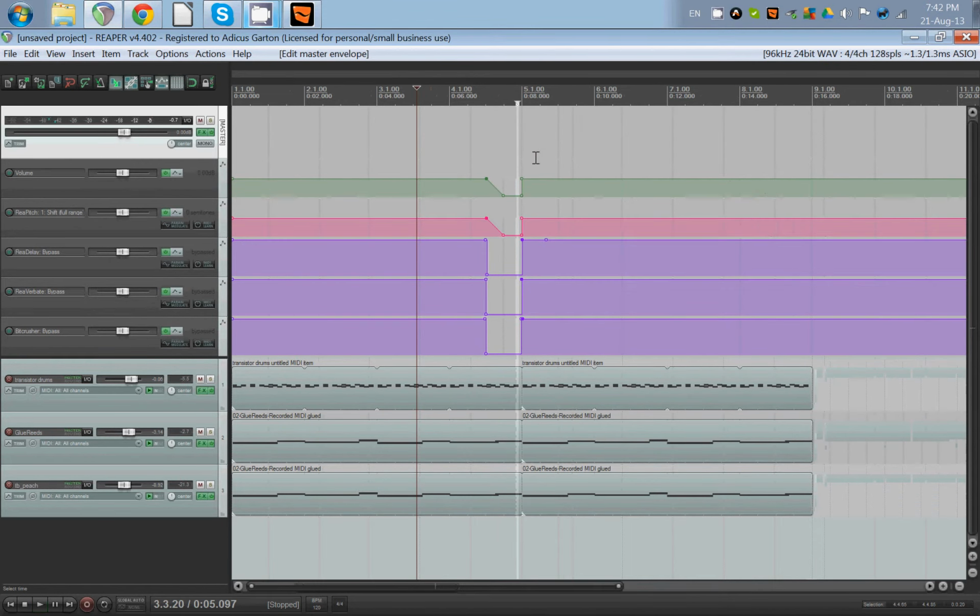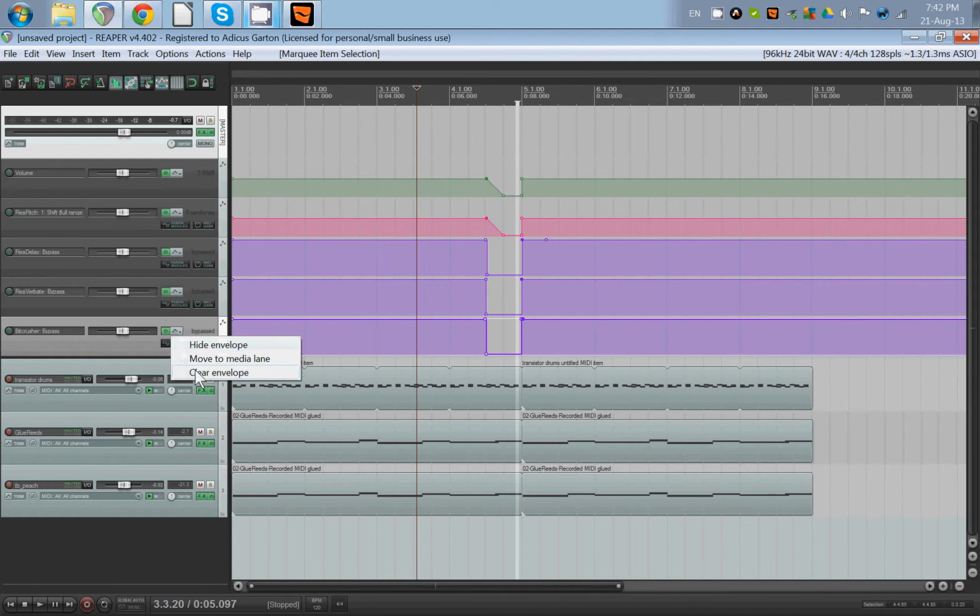Now, admittedly, that doesn't sound so good, but a great thing that a bit crusher can do